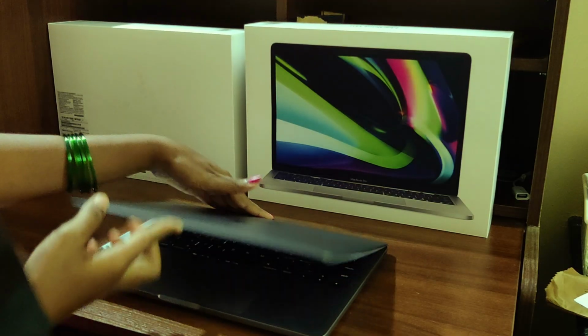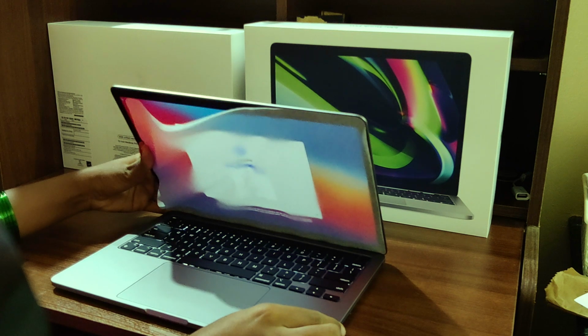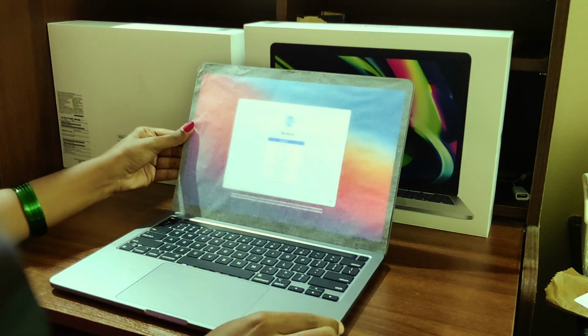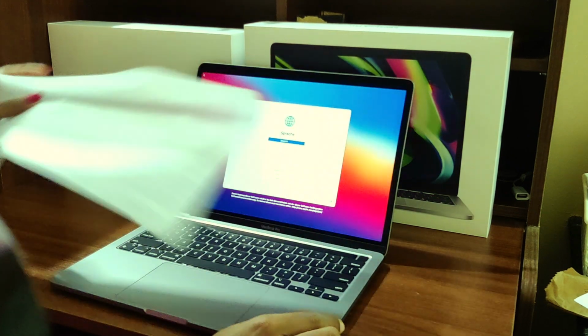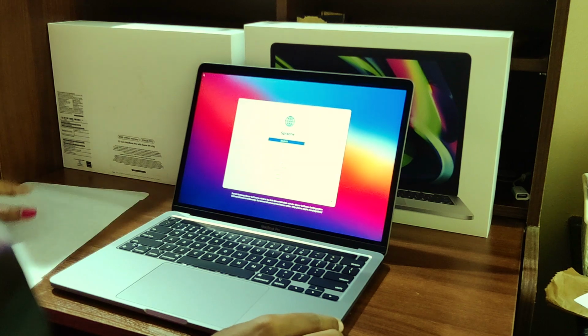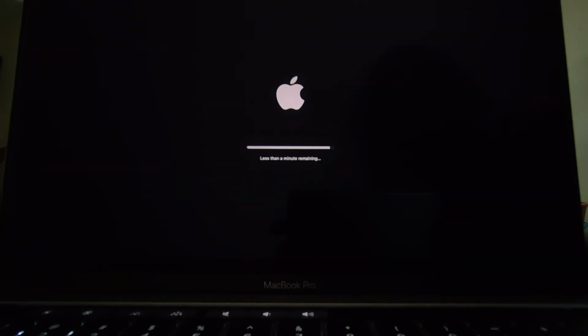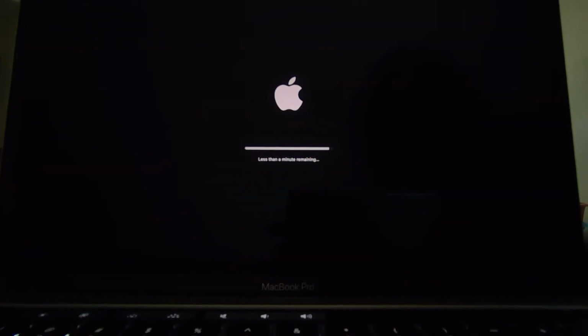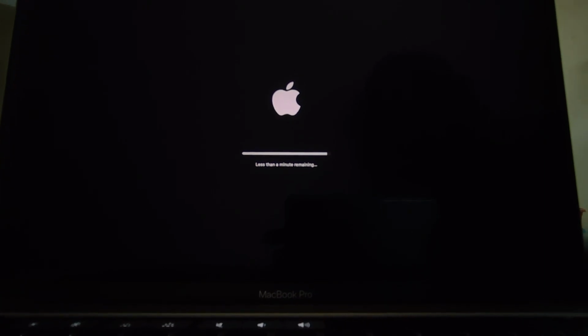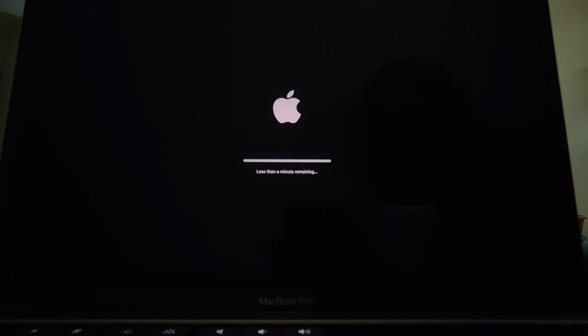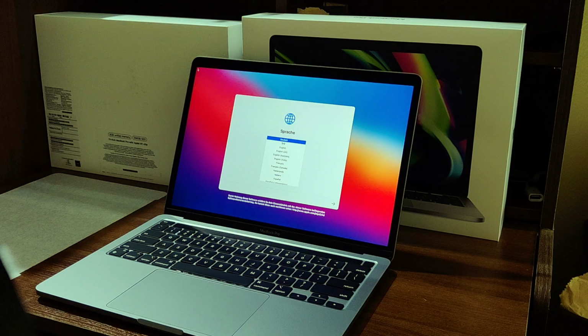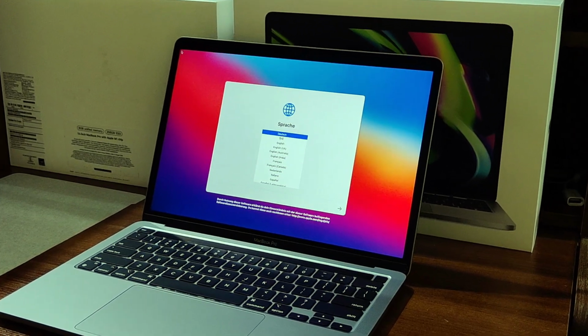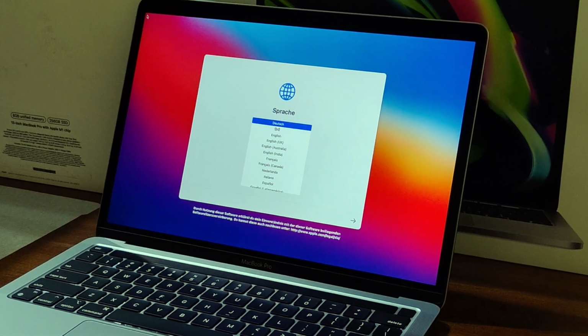Okay, as you pick it from the box and lift the lid, the screen and the keyboard space is separated with a paper-like material which prevents screen from scratches and kind of gives you a fresh look. As I was unveiling the cover, macOS has already started up with Apple logo and a loading symbol. This takes a few seconds and lands up on the screen requesting to choose the language, which is our first option as the process of setting up.